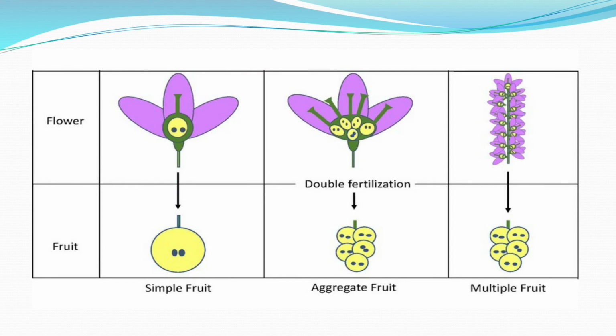At last there is the multiple fruit. Examples of multiple fruits are pineapple and fig. All these are made from a complete inflorescence. Whatever the inflorescence part of that plant is, it completely develops into a single fruit. That means they have a combination of fruits, which is the composite fruit. That's why multiple fruits are also called composite fruits. They are made from a bunch of flowers or a complete inflorescence.